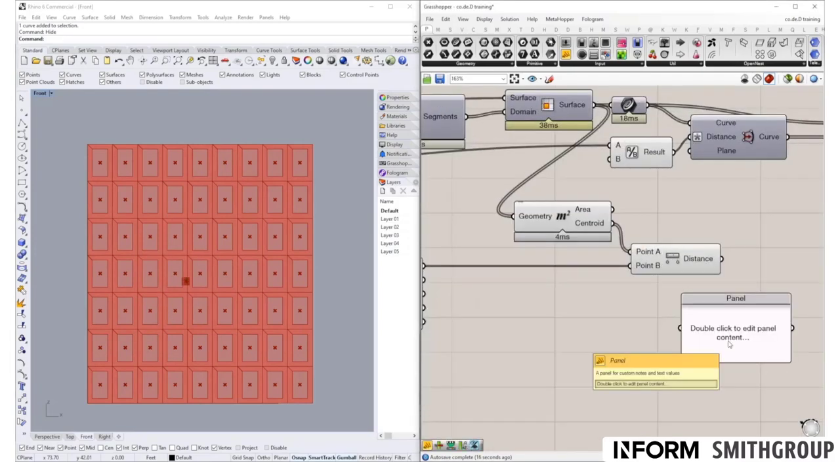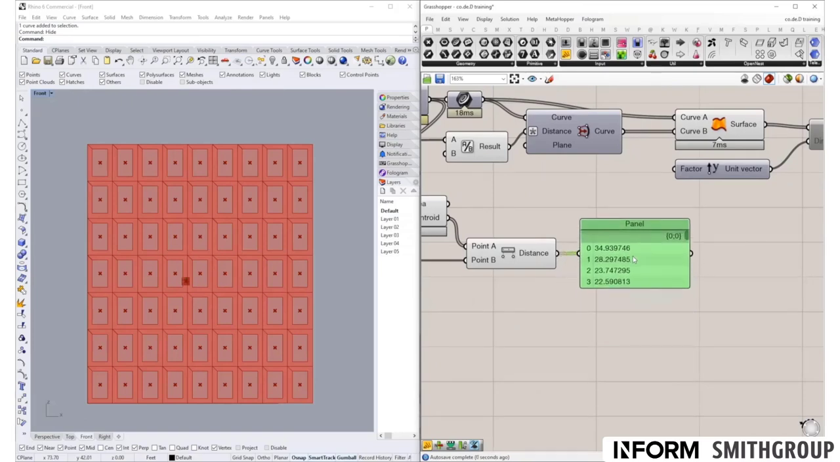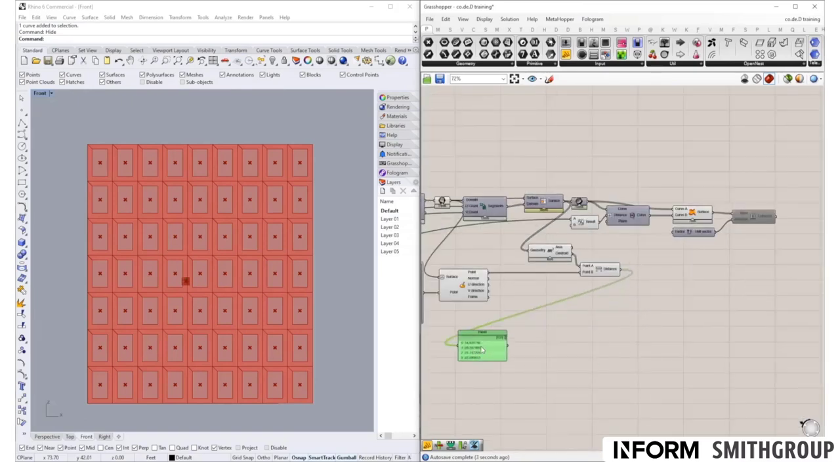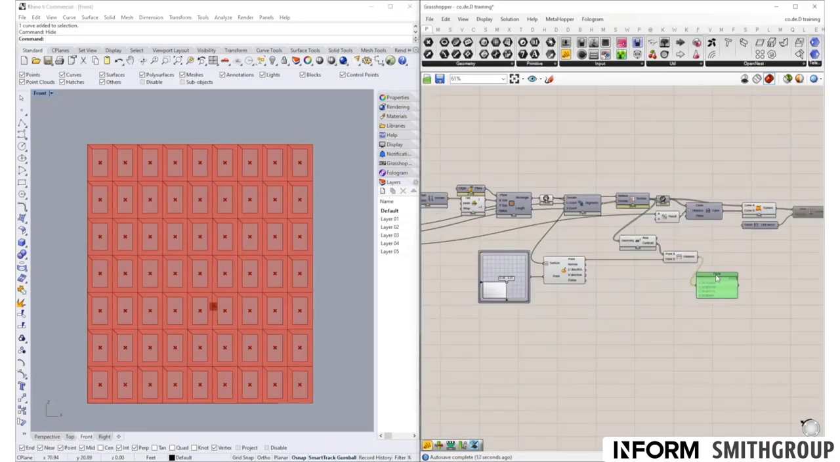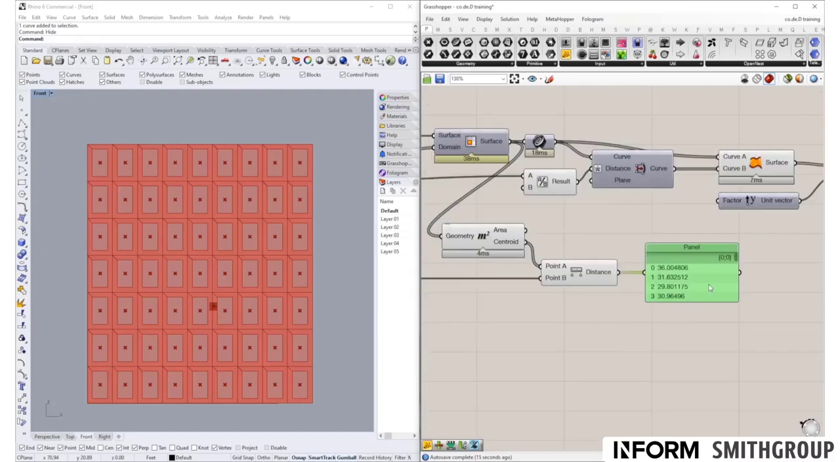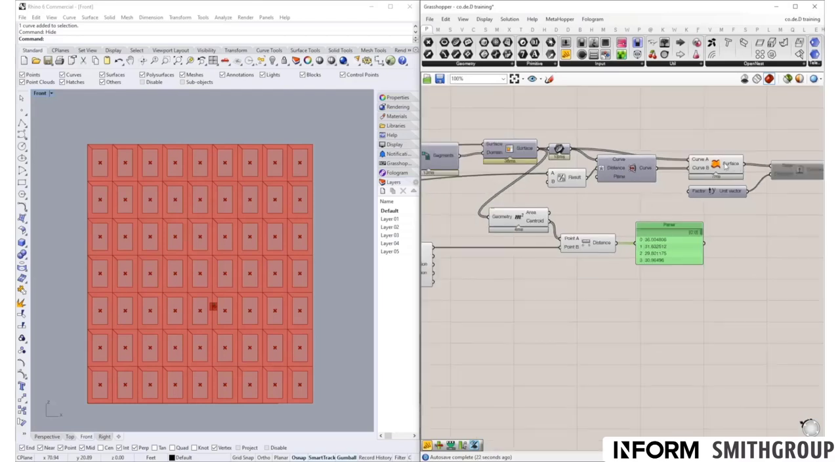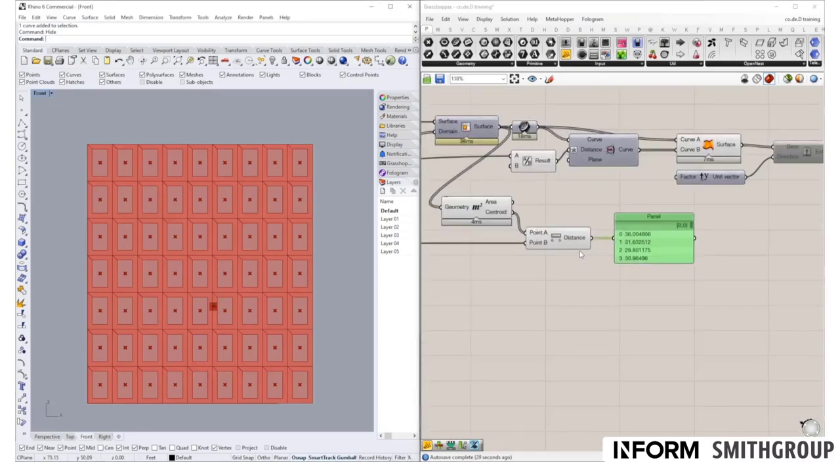In fact, I'm going to put a panel here, and you will notice that as I change, the values change, and that's because this is the distance relationship between all these points and the moving point. What we want to do is use these values to control the distance of the offset, which is what's controlling our thickness of the frame. To do that, what we want to do is remap this number. Okay, so we do a remap,